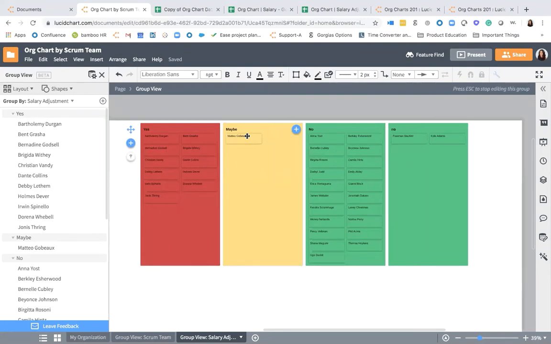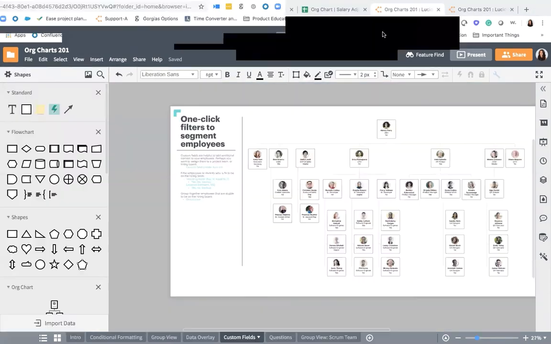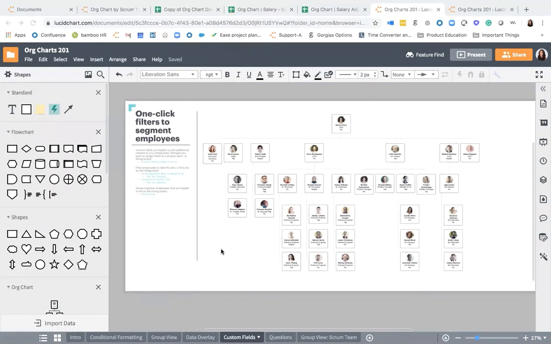Alrighty, I'm going to go ahead and take a minute to stop for questions and we will go ahead and continue on. Alrighty, now I want to talk about one of my very favorite features here,